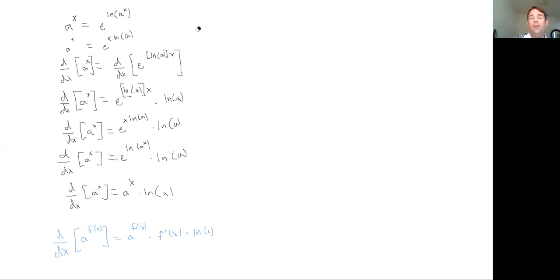So we've got a derivative of any exponential function now at this point in time. It'd be great to be able to have a derivative of any logarithmic function. So let's take a look then at just a basic